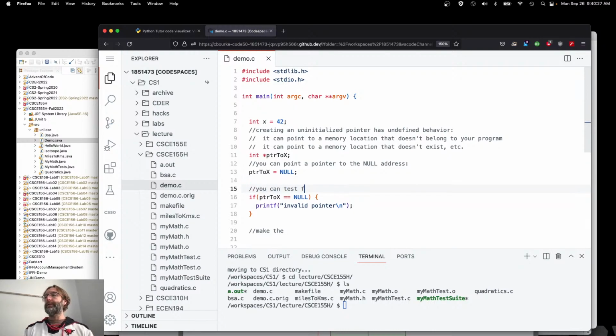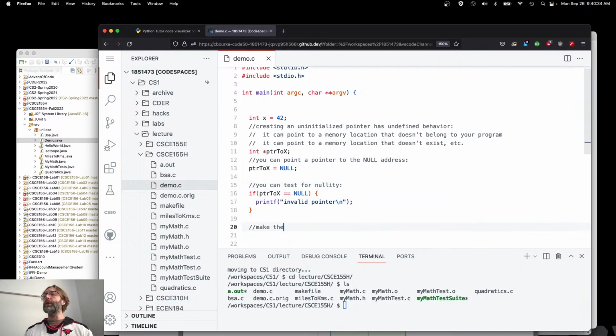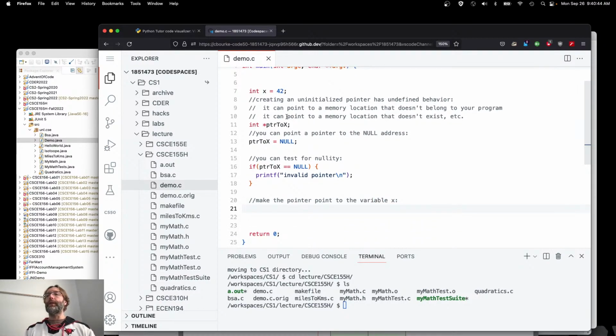You can test for nullity as follows. But now let's go ahead and make the pointer point to something. Make the pointer point to the variable x. To do that, I need to get the memory location of x. If I tried this, and we'll come back to this and see why this is wrong,